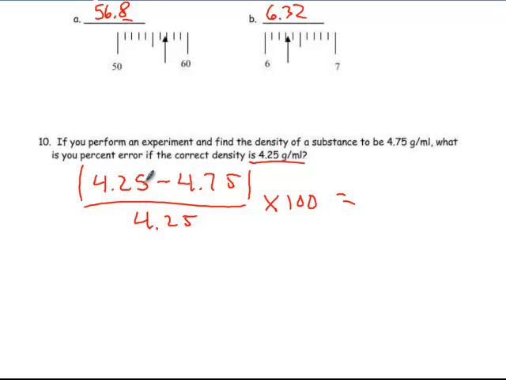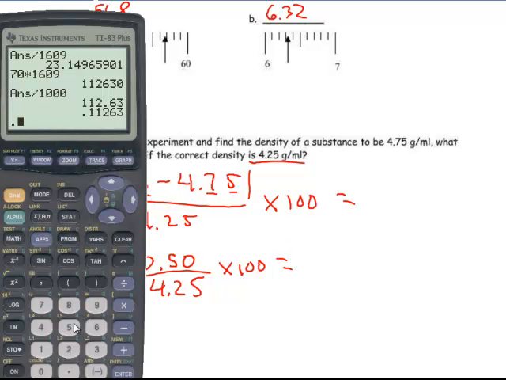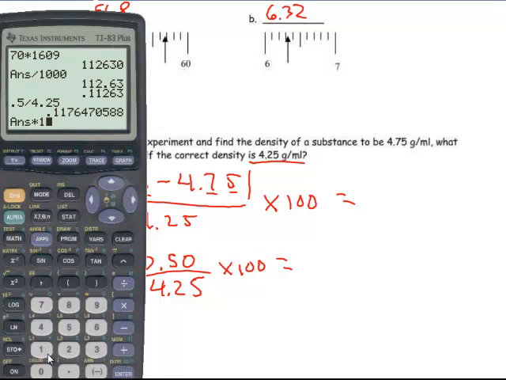So when we subtract, we go by decimal places. Then we take the absolute value. So negative 0.50 becomes 0.50, 2 decimal places, because of the 2 decimal places in both of those, divided by 4.25, and then times 100. So 0.5 divided by 4.25 times 100. And I got